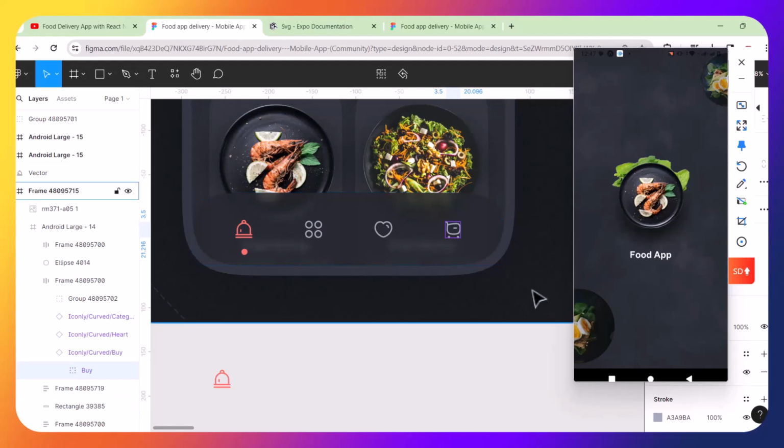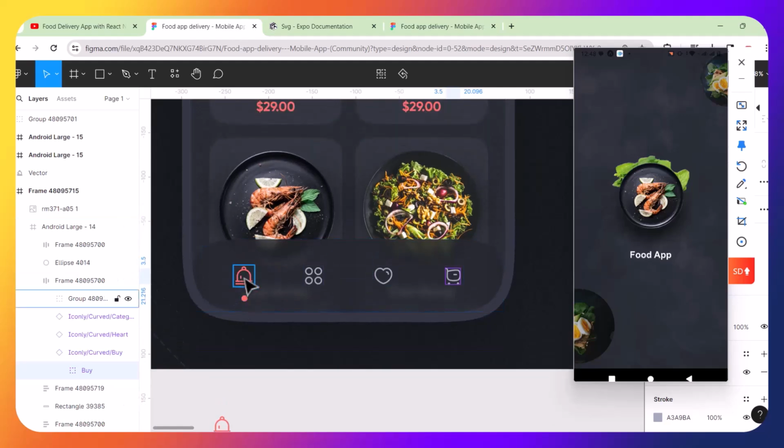Based on my initial planning, I wanted to name these icons. This page is going to be a shopping cart. Here it's going to be favorites, and here it's going to be your orders. When you've ordered something, all your orders will be there, some sort of a history of your orders. And here, since